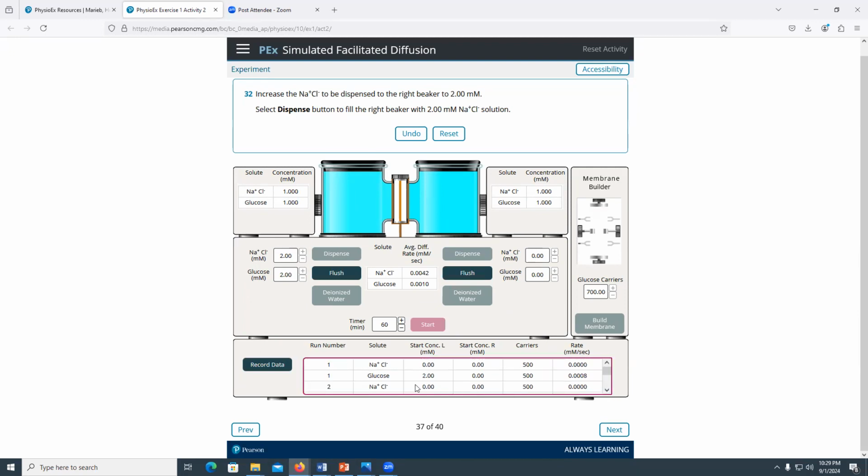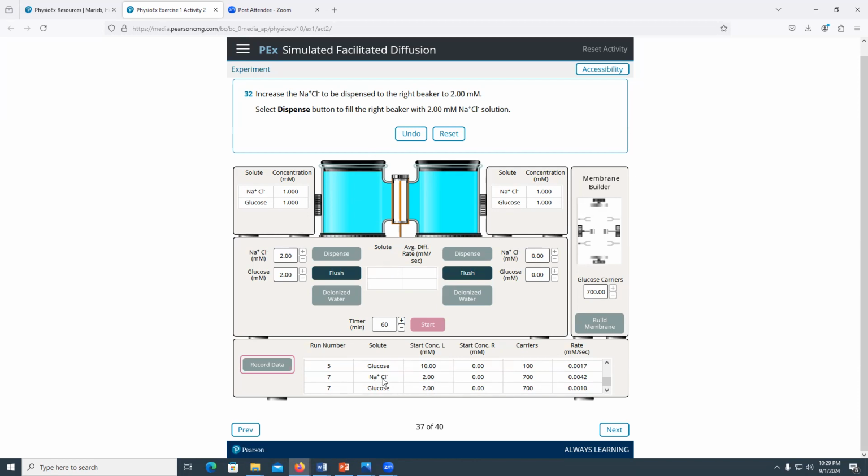So when we started with glucose that is 2, with 700 carriers, this was the reaction rate, 0.001. And now glucose is 0.001 also. So this is just a little inherent variability. That is a typo error in the experiment. So that doesn't mean anything, you see 0.1 right here. So glucose, that was a 2,